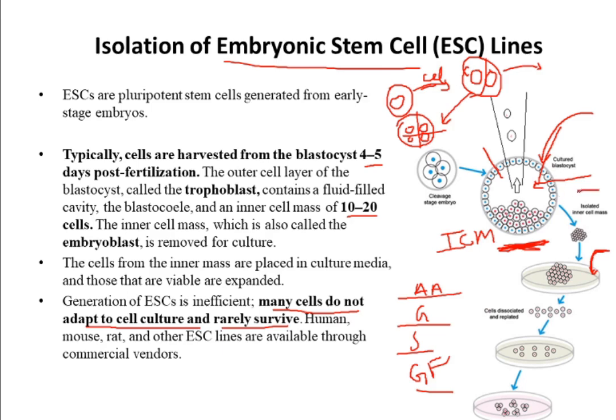But then this is the natural environment where it grows, and this is the artificial. And then most of the time, when you isolate the cell from its natural microenvironment into the artificial microenvironment, they are not able to adapt, and that is the reason the cells isolated by this procedure rarely survive, right? And that is the big drawback. So here the two important things: one is the ethical one, and second is the survival rate. This is the limiting factor here, and that is the reason the research of embryonic stem cells is limited.